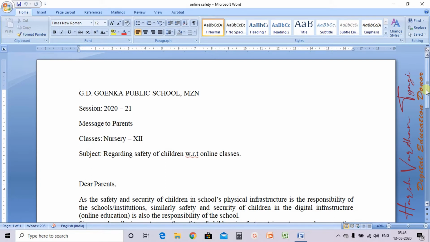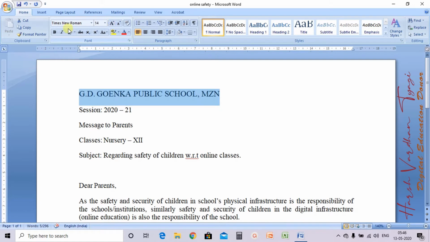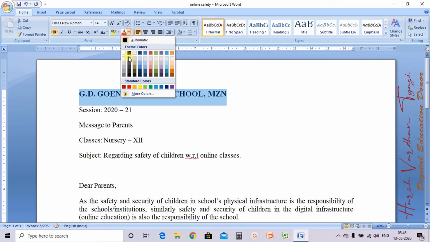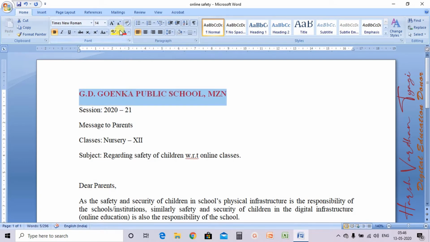Predefined formatting feature means, suppose I want to make this particular piece of text quite larger in size, then make it bold, give it a text color, then give it a highlight color also, and underline it. So we are formatting a particular piece of text.